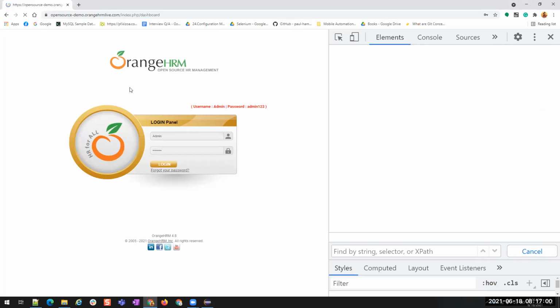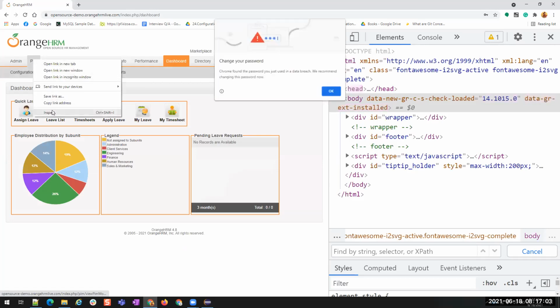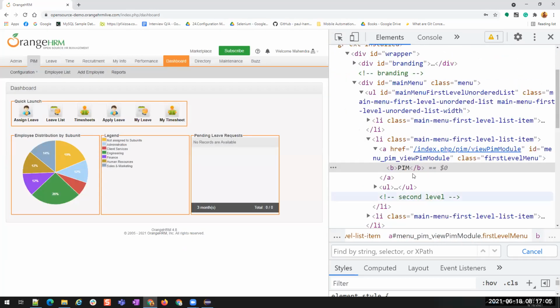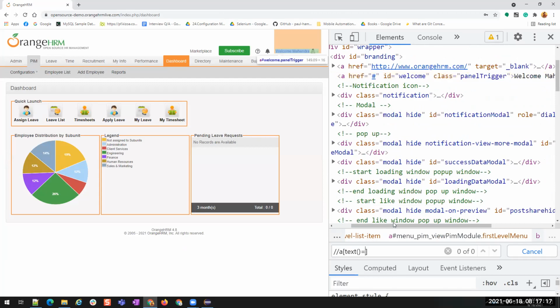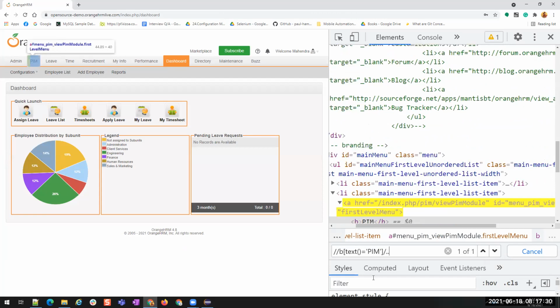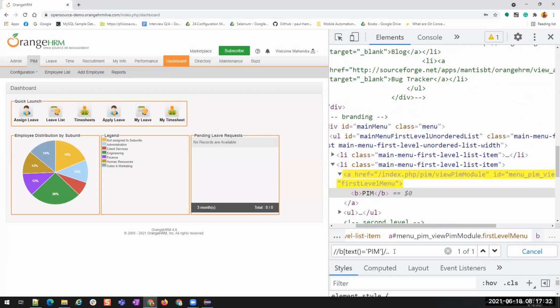Now, after logging in, I want to click on PIM. Inspect. So this we have learned. If it is in a child tag, then what should we do? We cannot use text directly, right? /a, text is equals to PIM. Will it work? No, it's not working. You can see here directly 0 of 0 because it is inside B tag. There are two ways. I can find it like this and use /.. to go to the link. This is one way, or the other way what we discussed.